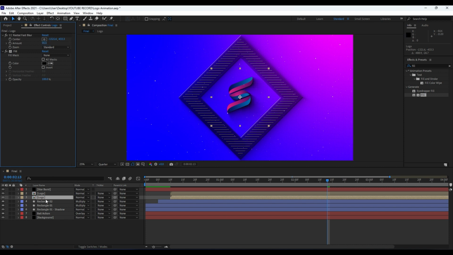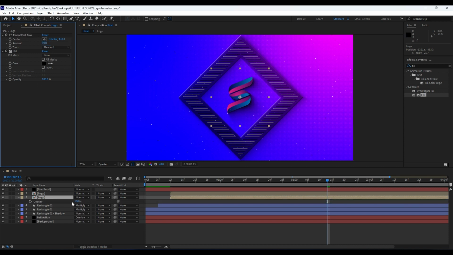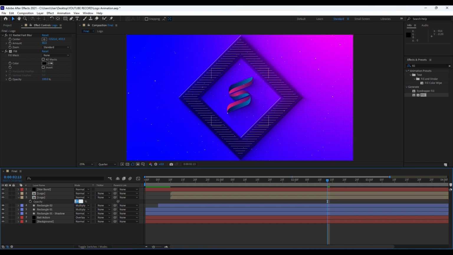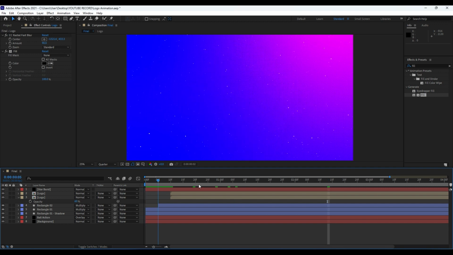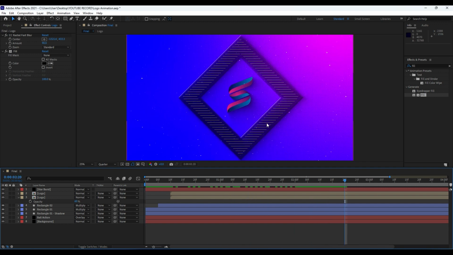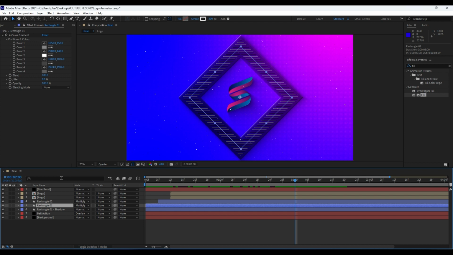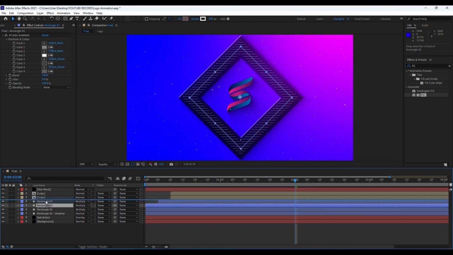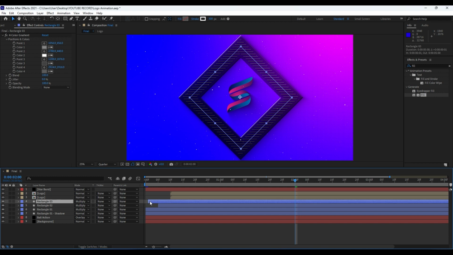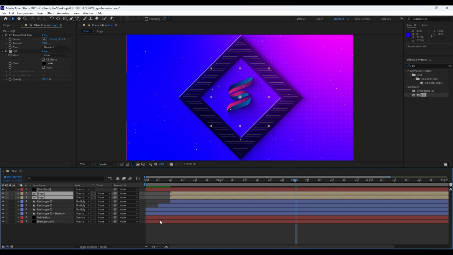And also you can play around with the opacity, hit T, maybe to around 50% or 60. And in our finals now, our logo has these really cool and awesome shadows. Alright, next thing we're gonna do is to also duplicate this rectangle O1 once again. Move it above this rectangle O2, also move this one to around 10 frames, and now we will also reposition